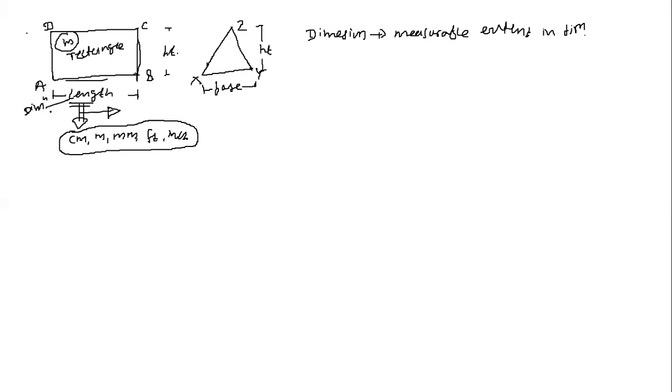Length is a dimension, whereas the unit of this dimension length is nothing but the centimeter, meter, millimeter, foot or a kilometer we can say. It means that unit, if you are talking about, unit is nothing but the standard of a measurement of a physical quantity. That physical quantity may be the mass, maybe the length, maybe the time, maybe anything else.